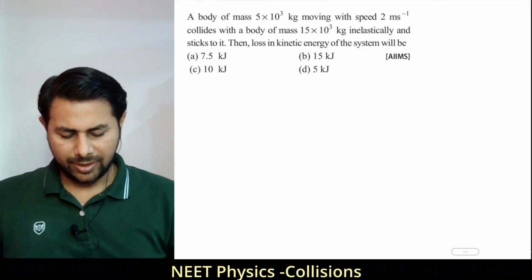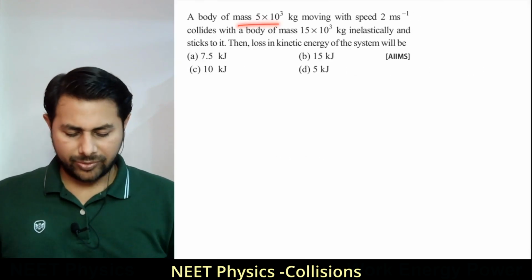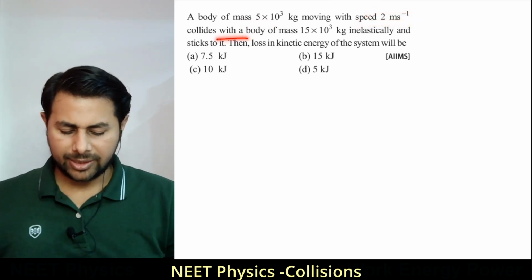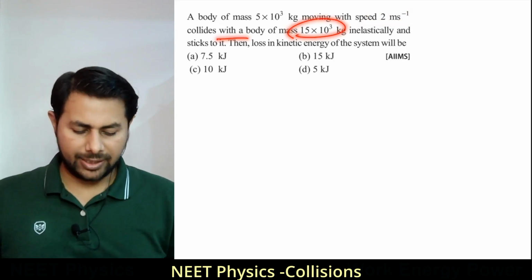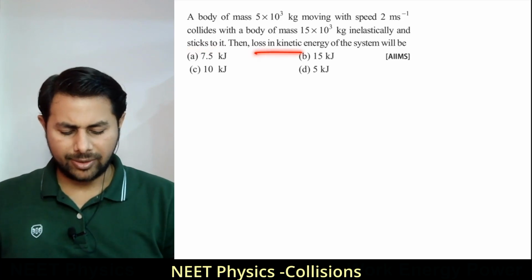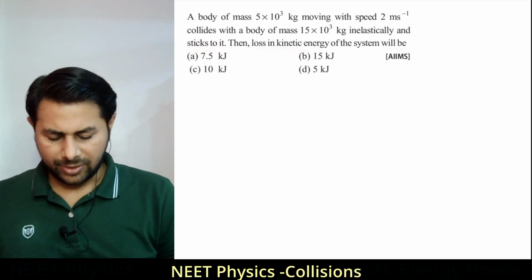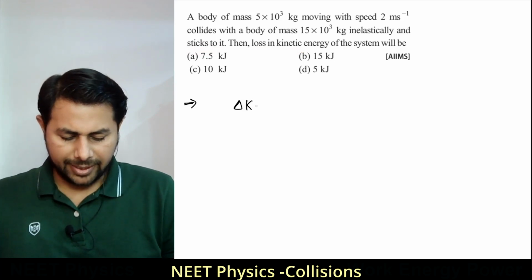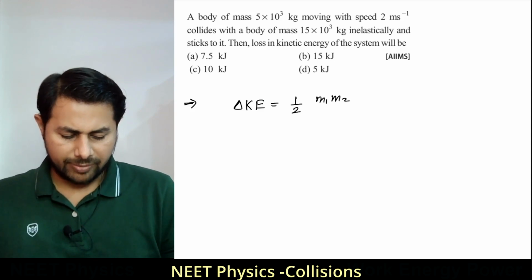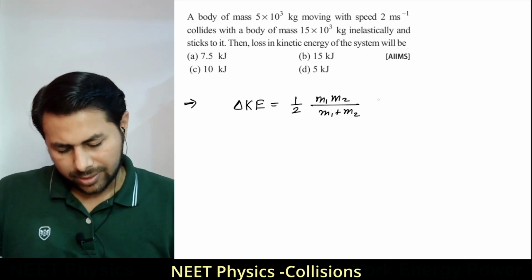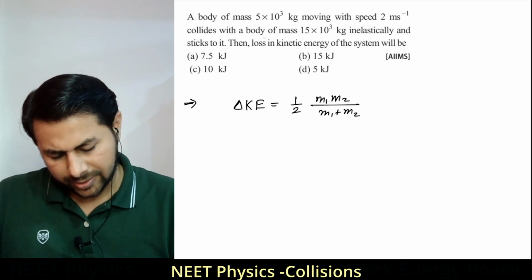Let's see the next one. A body of mass 5 into 10 raised to 3 kg moving with speed of 2 meters per second collides with a body of mass 15 into 10 raised to 3 kg inelastically and sticks to it. So sticks to it, then loss in kinetic energy. So again the same question. This one is from AIIMS. So delta KE is equal to half of m1 m2 divided by m1 plus m2 multiplied by, because the second body is at rest,